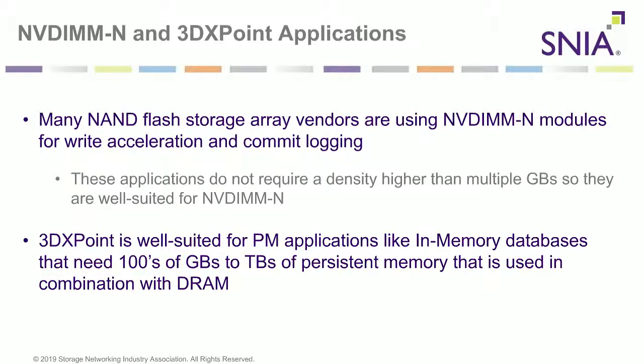So there might be some questions around, is one technology going to replace another, or is the 3D XPoint Optane DIMM going to replace NVDIMM? No, they are both persistent memories addressing different applications. They can coexist. They are geared towards different applications. NVDIMM-N is going to be centered around low latency and lower capacity applications. Optane DIMMs are going to be a little higher latency but higher capacity. So these are two different use cases and applications.